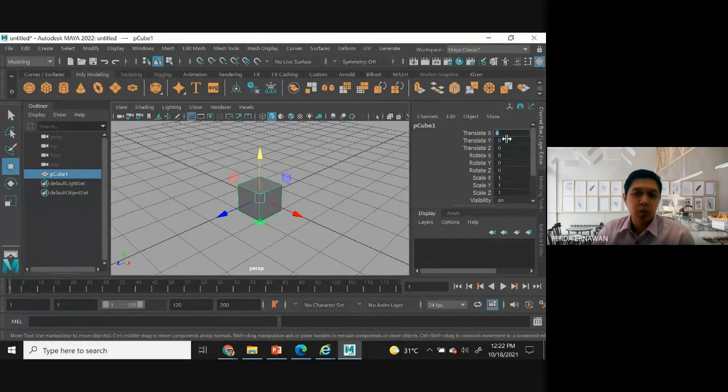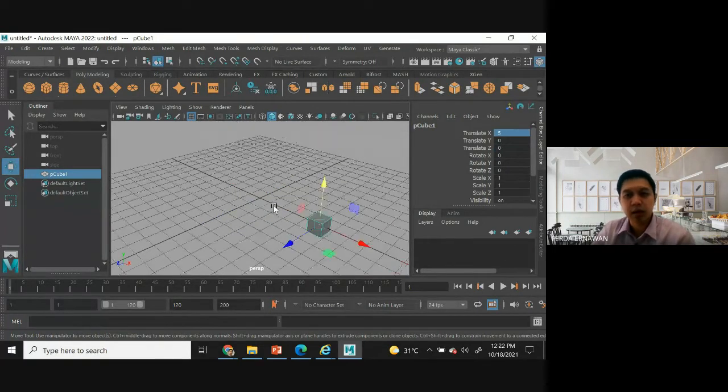Do you know what the 0 here is? Let's say I assign a 5 here, I translate the object 5. What's the unit inside this? Translate X here. Is it a centimeter, millimeter, meters, or kilometers?